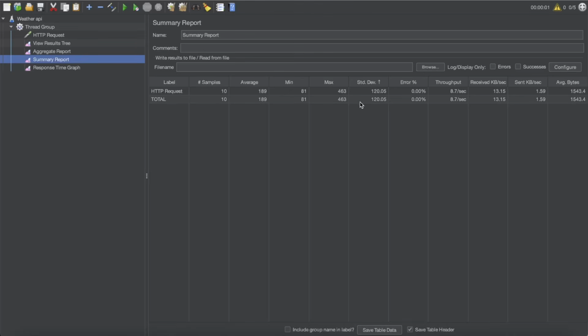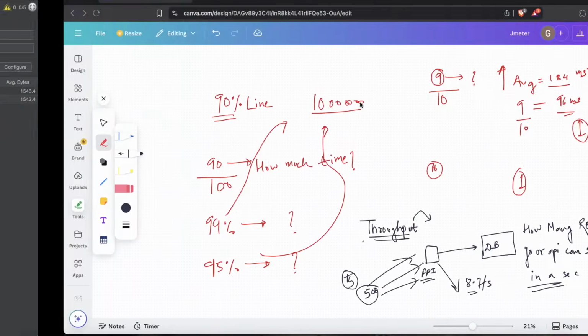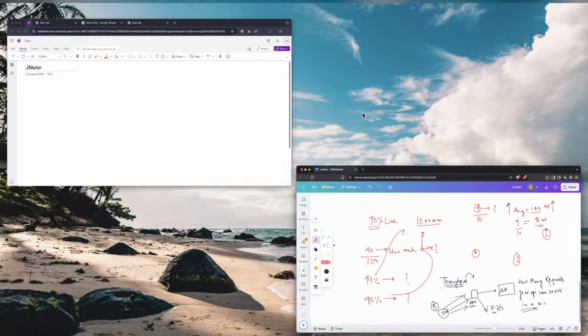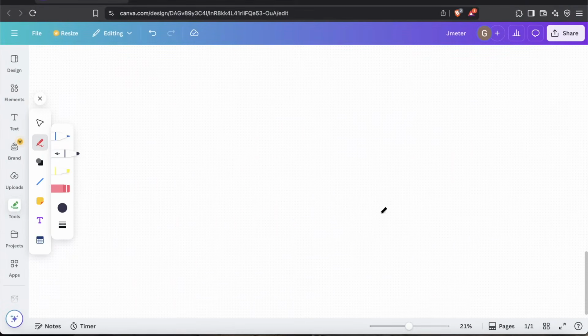Standard deviation basically is an important metric which will help you to understand the deviation from the median. So for example, if you remember how much our median was, something like 89 milliseconds, right? 89 millisecond. So let's say if we have 1000 records,